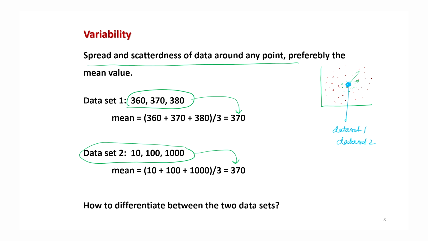You can see that here 360, 370, 380, they are very close, whereas 10, 100, 1000, they are quite different, quite far away. So, the question is this: when you are getting the data, either in the multivariate case or in a big data case, you cannot observe these individual values. But you have to differentiate and you have to take out this characteristic out of the data using the statistical tool. So our objective is this: how should we differentiate between the two data sets?